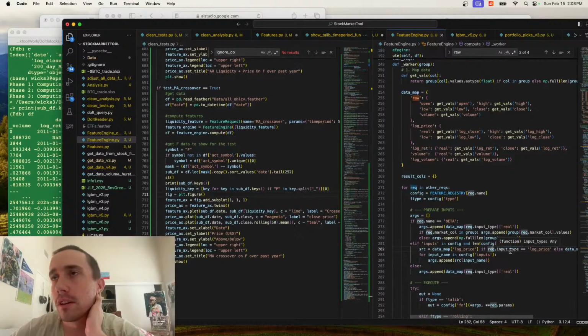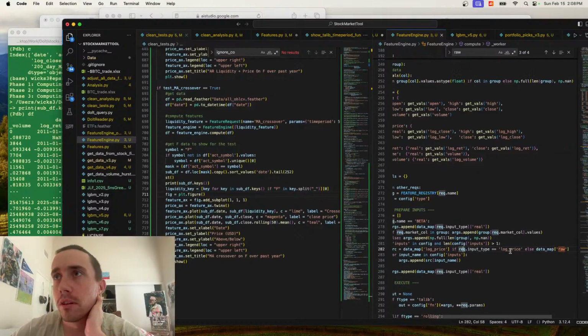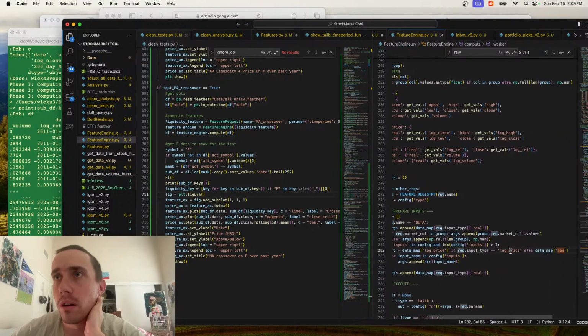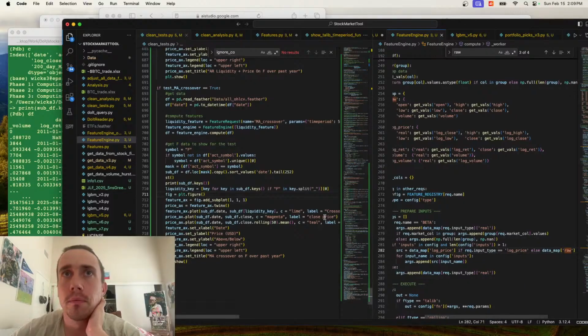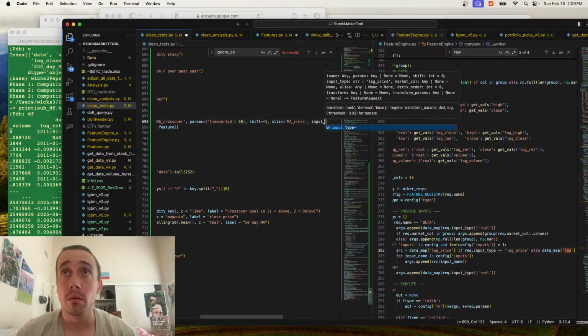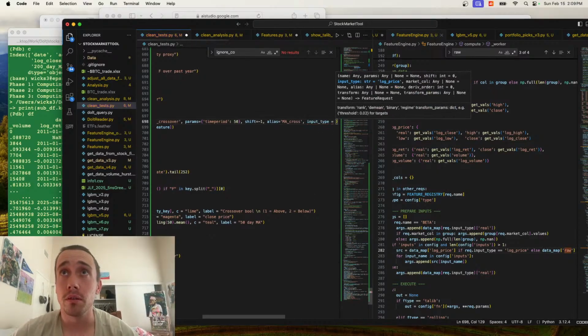Oh, if request.input type is log price, else data map raw. So here I could just say input type when I define the feature. Input type is equal to